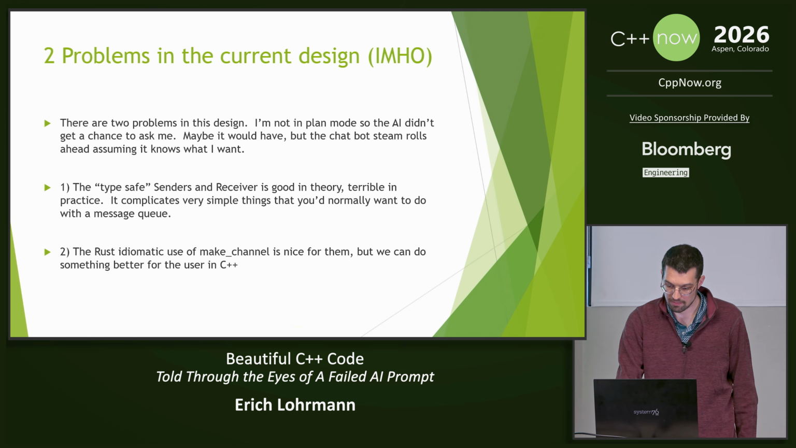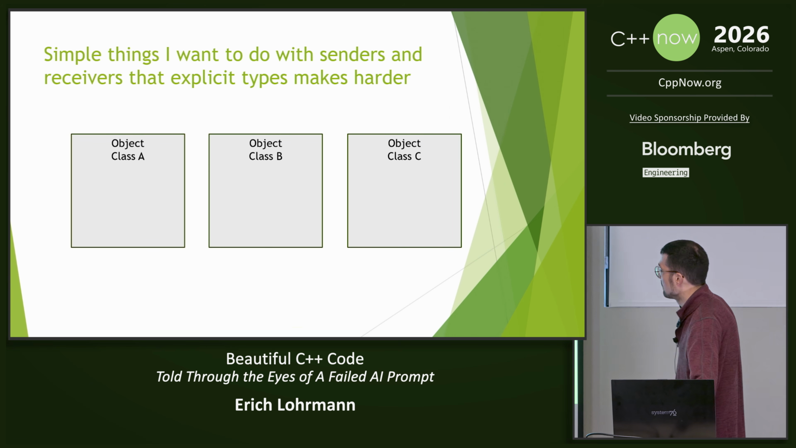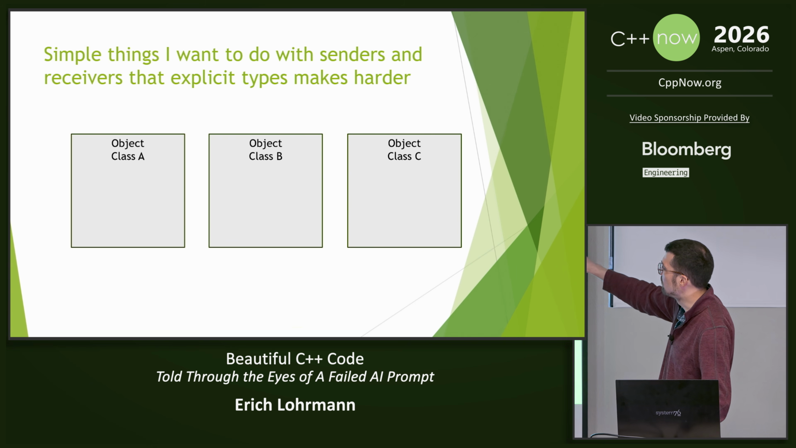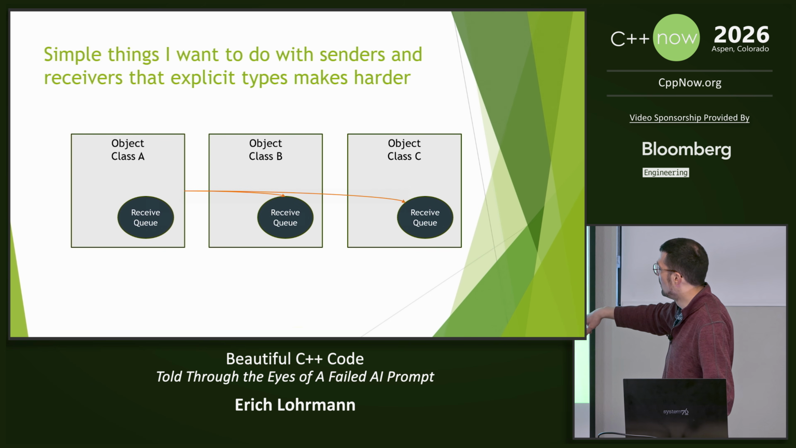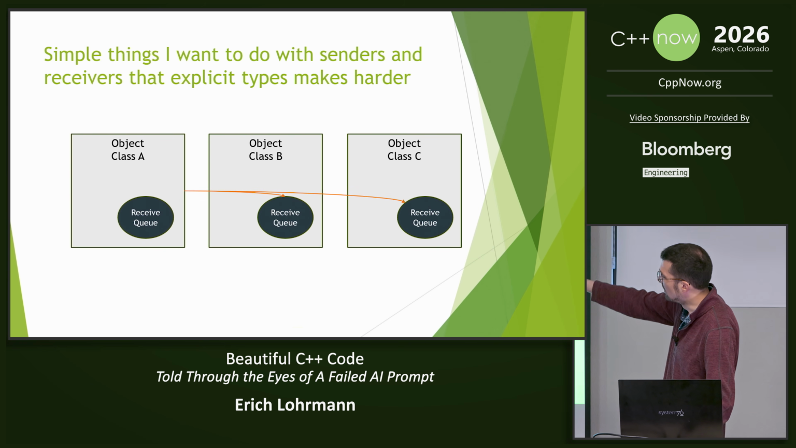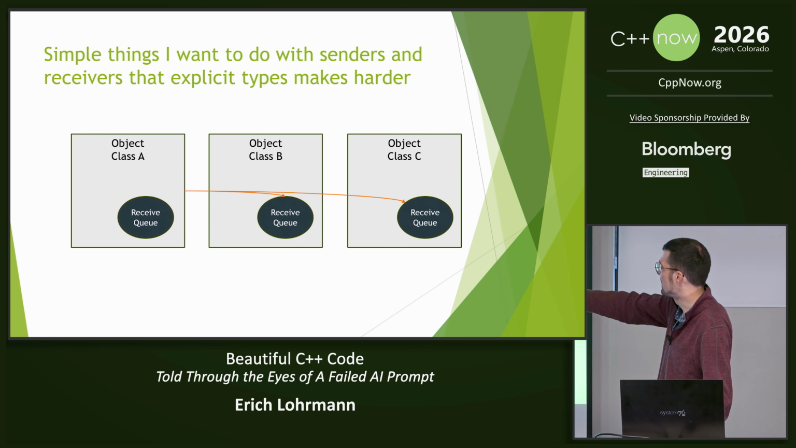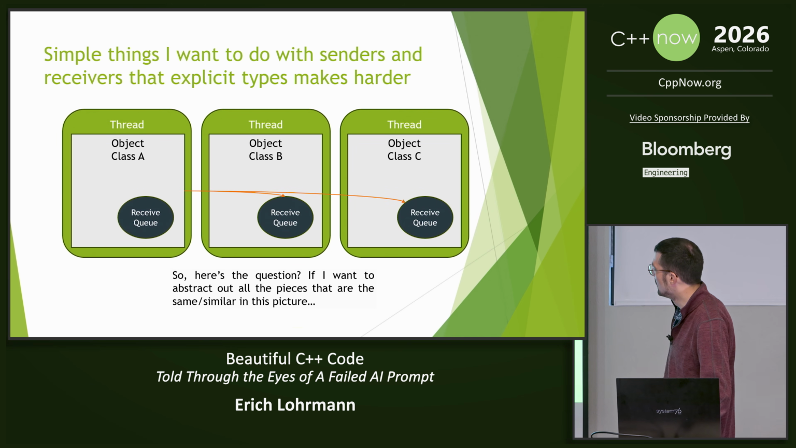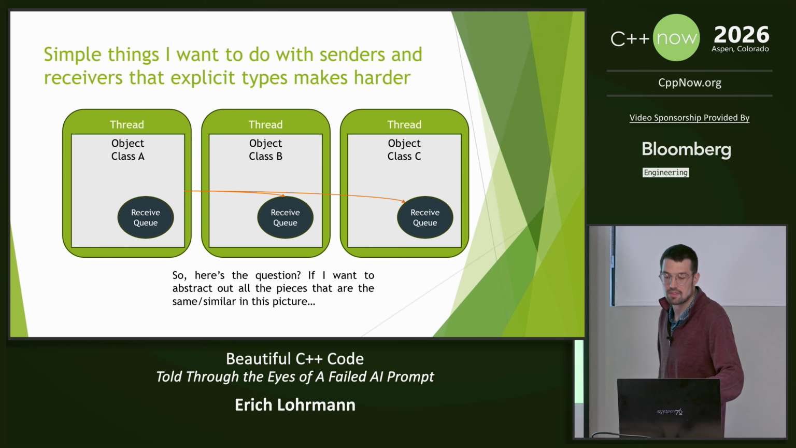Take advantage of our non-parsability. Okay, so some pictures. I have class A, class B, and class C. These are object instantiations of these classes. Each of them has a receive queue, and the handlers from these receive queues are sending to the other receive queues, in class A to class B and class C. And then each of these is running its own thread. So here's the question: if I want to abstract out all the pieces that are the same, similar in this picture,